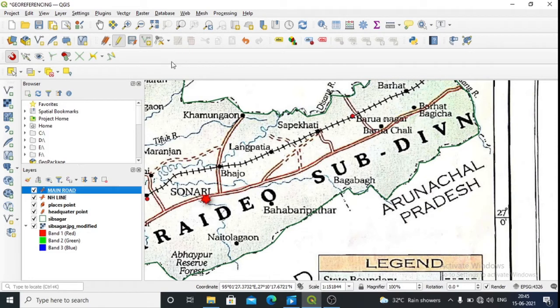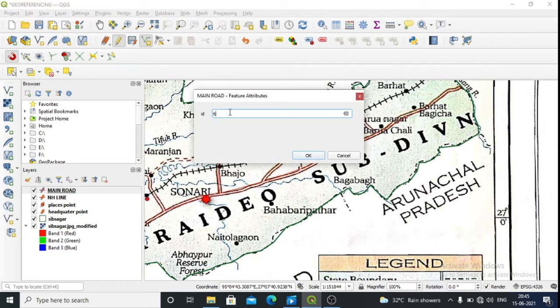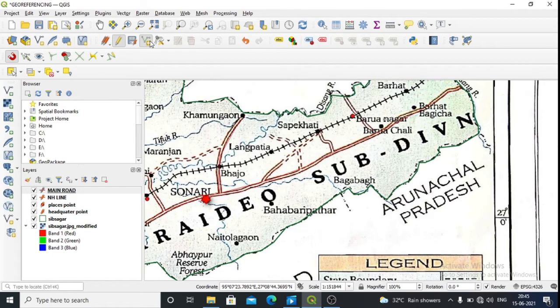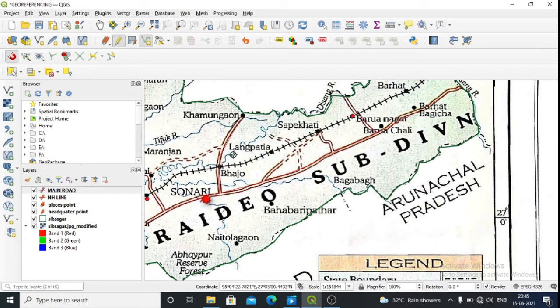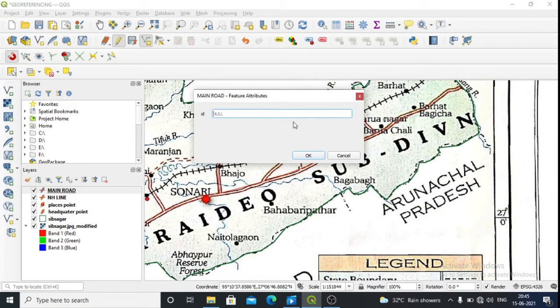Okay, this line is visible now. Then again we have to add some more rows. This is ID number 6. Then again, this is another row, ID number 7. Then you can keep on adding the rows. ID number 8.